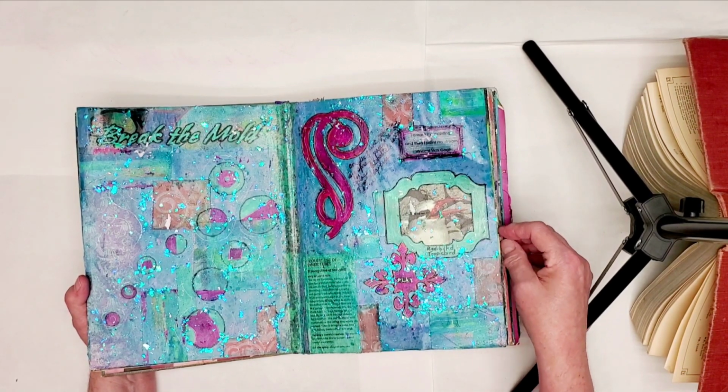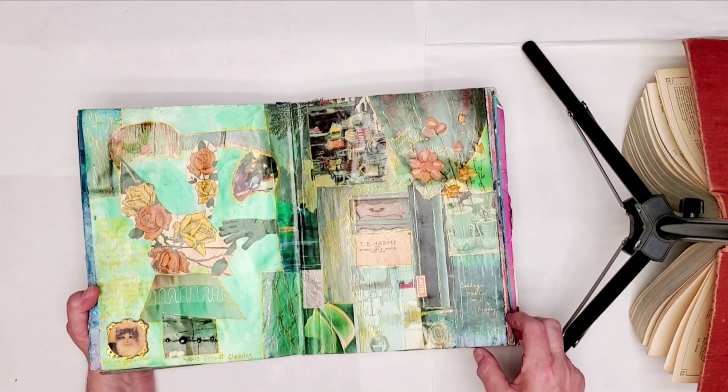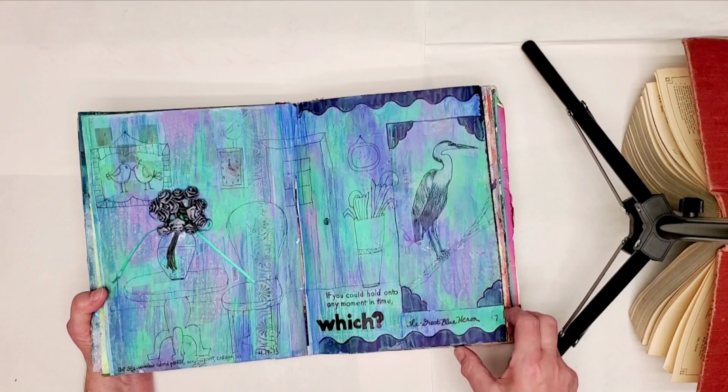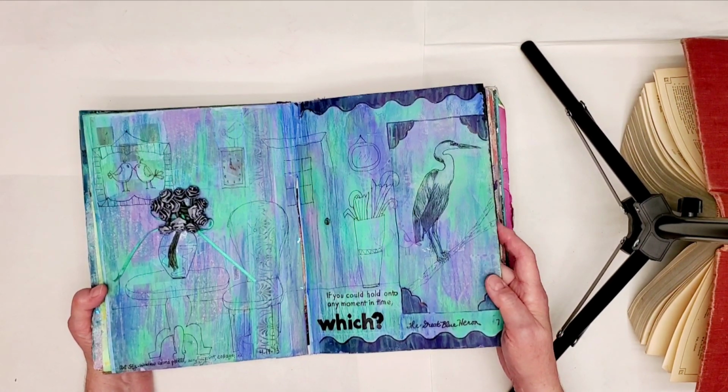I used to be an antique dealer, and I specialized in vintage or antique jewelry and pottery and sewing supplies, sewing materials and supplies,